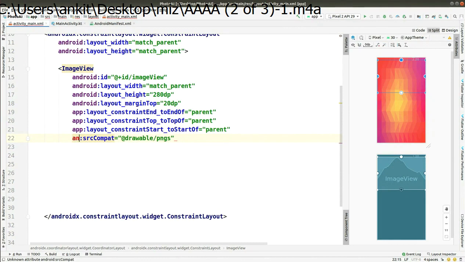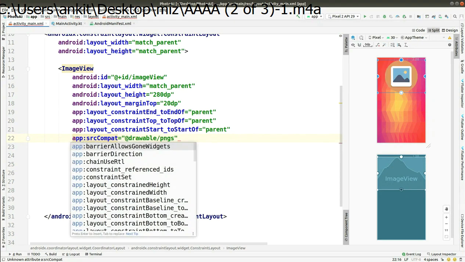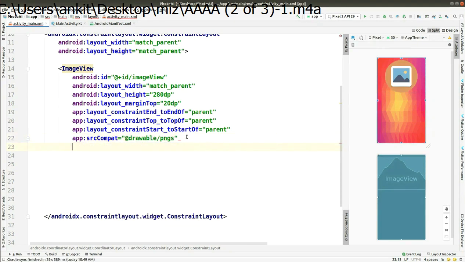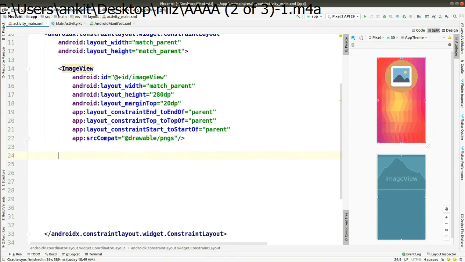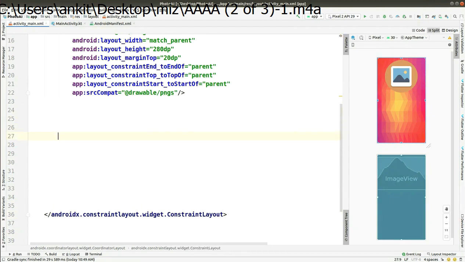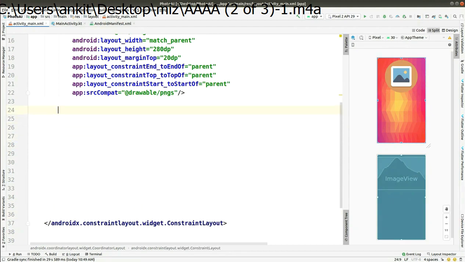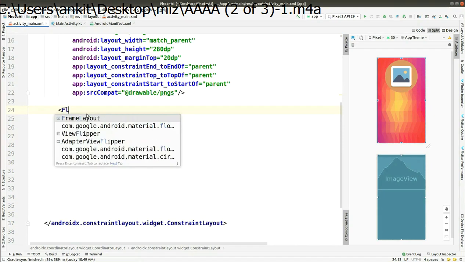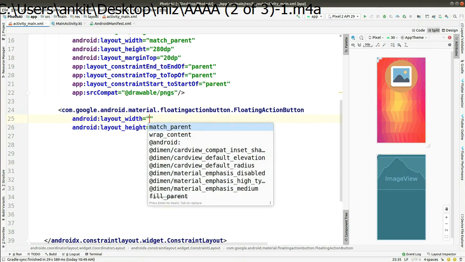You have to use app instead of android, as app:srcCompat is different from android:src. So the image view is completed, and on the right side of your screen you can see that while writing the code it is also implementing.